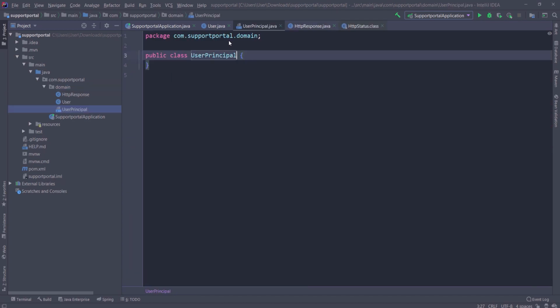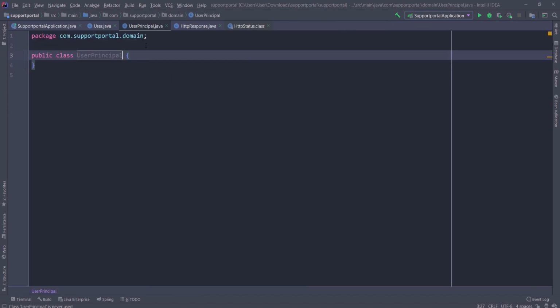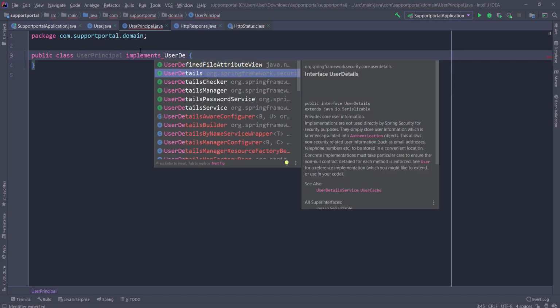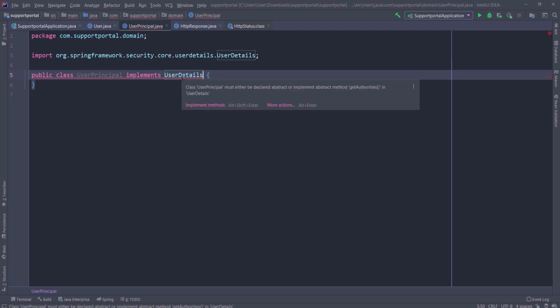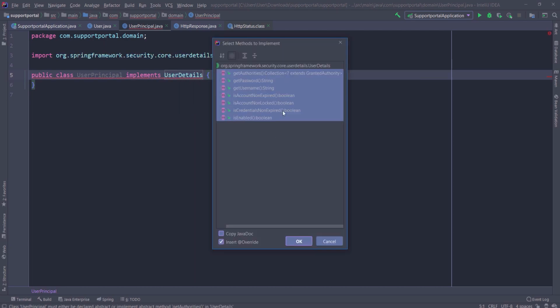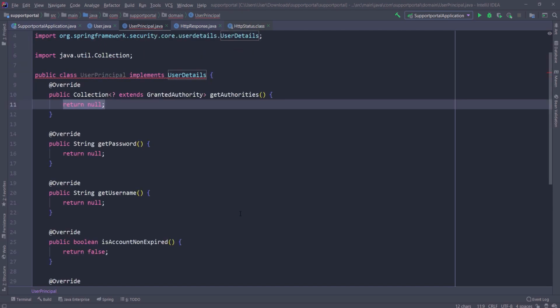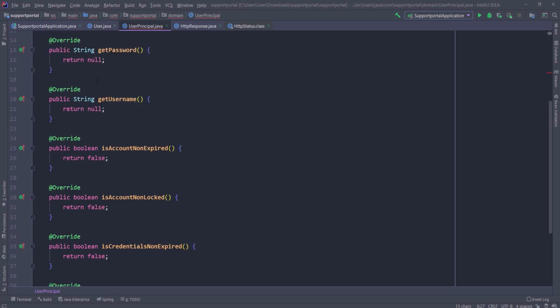So let's collapse this. I want this to implement user details, which comes from Spring Security. And you can read here, it says it provides core user information from a security perspective. So that's the one that we want. It's an interface, so we need to implement all of those methods. Okay, so let's add those in. So as you can see, this user, which is gonna be mapped by our user,